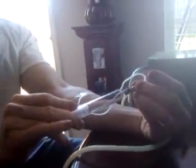This is me injecting ozone. Ozone is a gas. This is 10 cc's of ozone. I'm on 80 cc's. Ozone is a gas that you can do intravenously into the vein